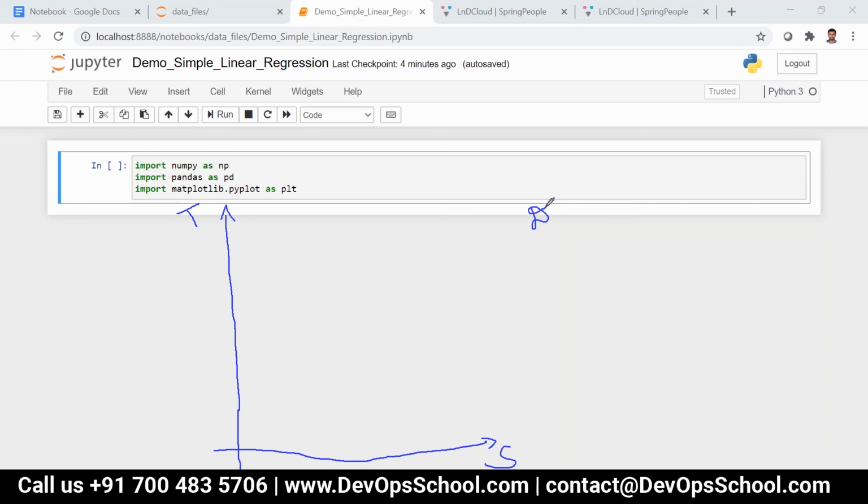Now what will happen in this case? Whenever you increase the speed, you will cover the same distance in less time, right?